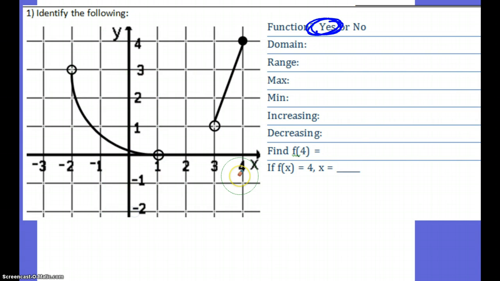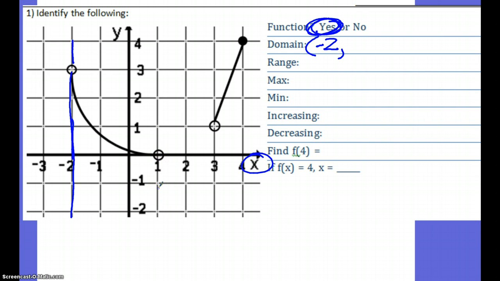Domain, you go from the left to the right. This is all your x values, x-axis. So from the left, the first spot we come to as we come across the page is -2. So -2 gets listed, and it is an open circle. As you come across over and over, notice that we have